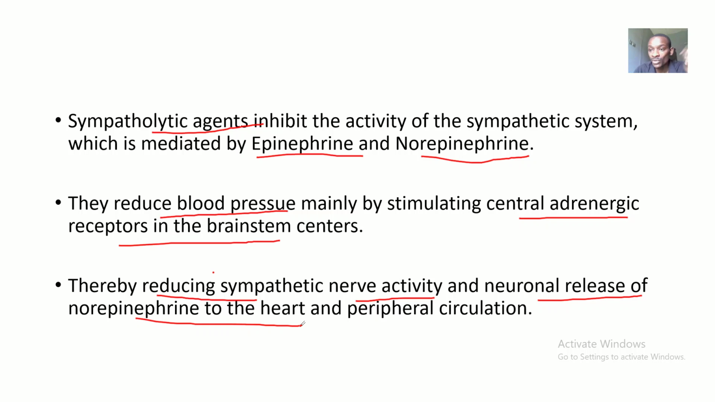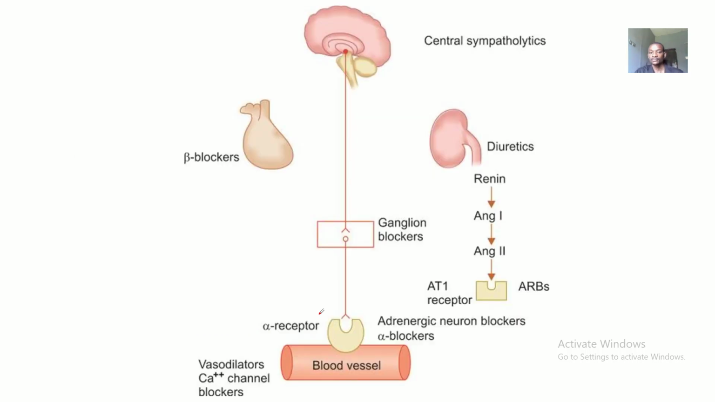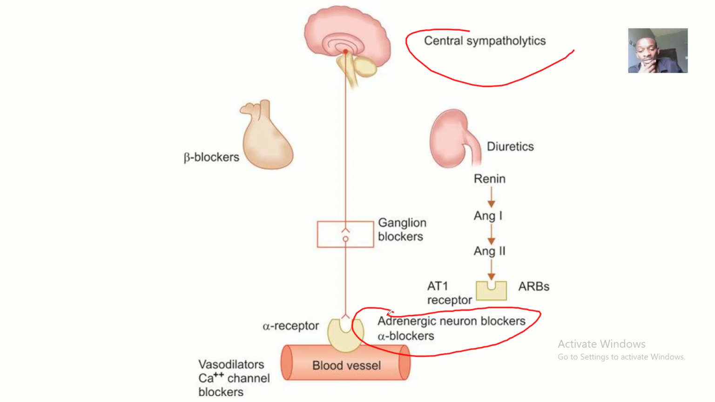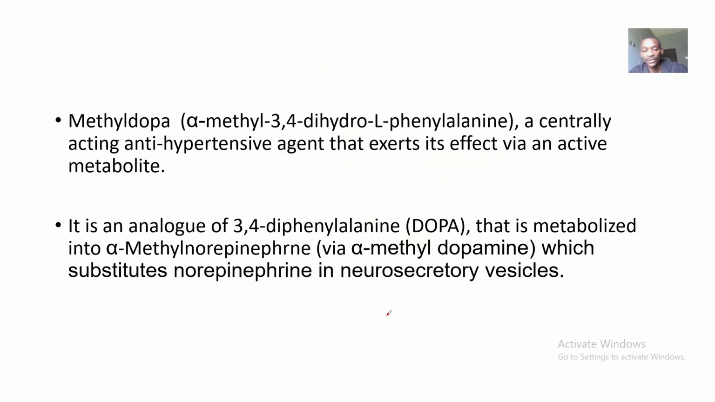Those are the sympatholytic agents. You see them? Sympatholytic agent, central. They basically block. Adrenergic neuron blockers, they block. Why we say they block is because they are occupying where another thing is supposed to occupy. So